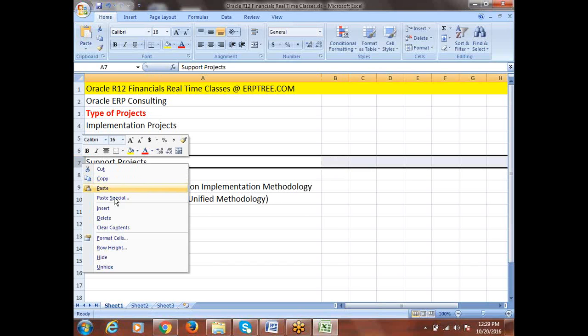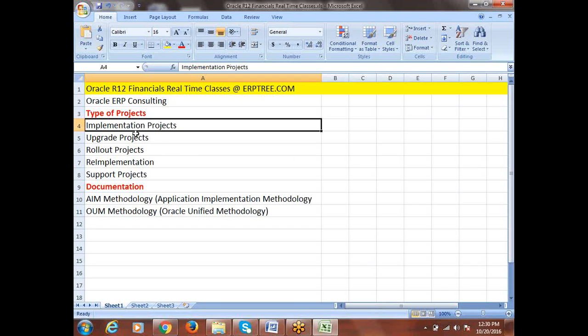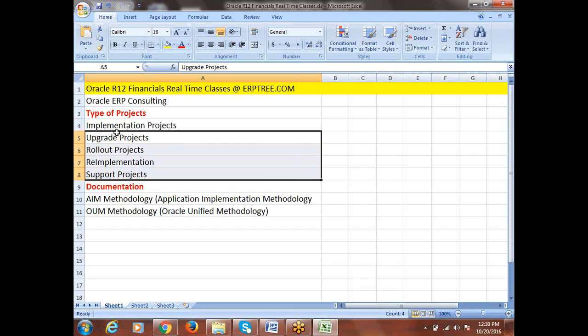You can find another term called re-implementation also. We'll discuss everything in detail. The primary project type is implementation. If you understand implementation, these others are simple and fall within that, and there are certain additional points we have to understand.